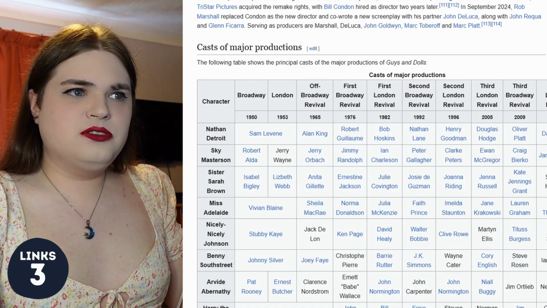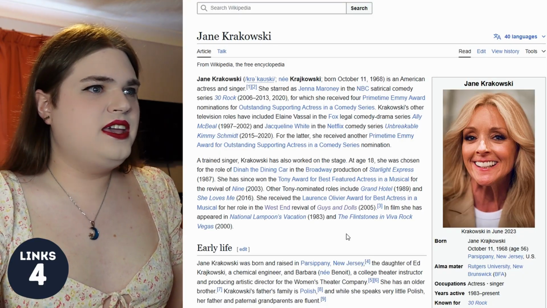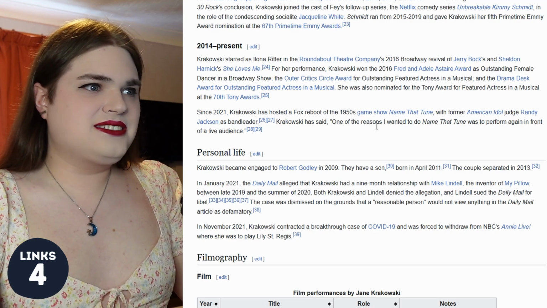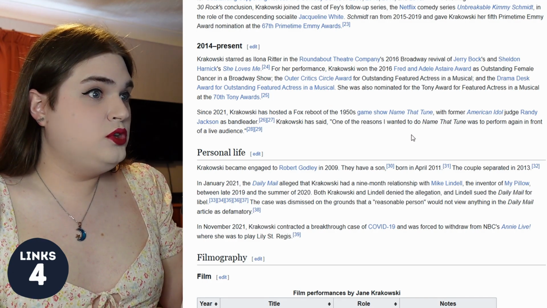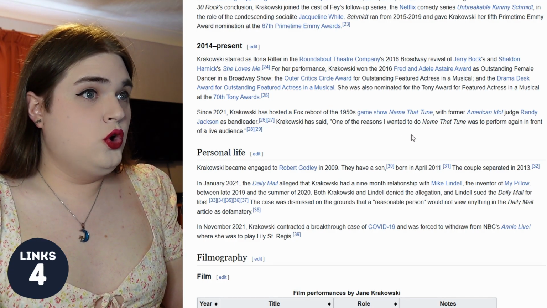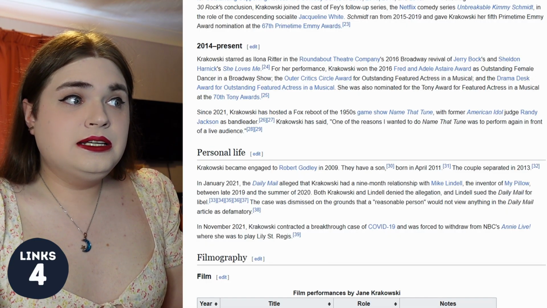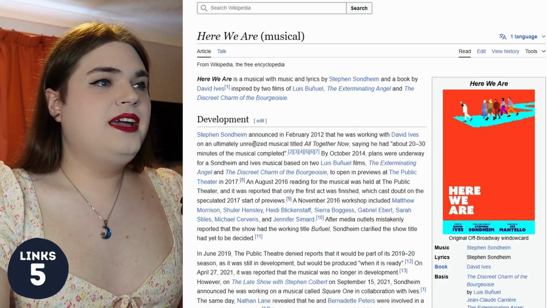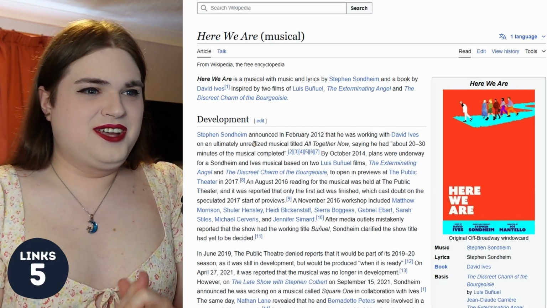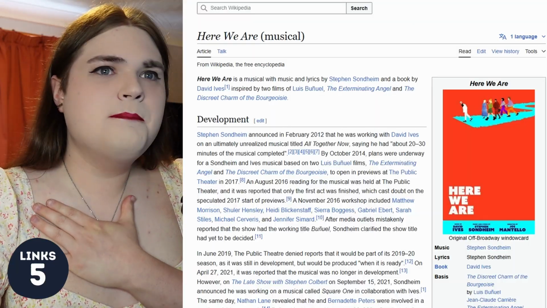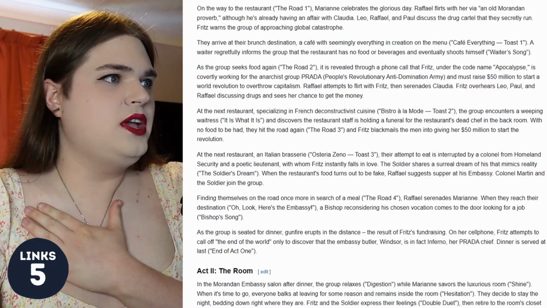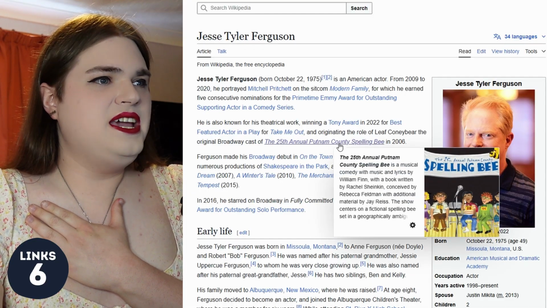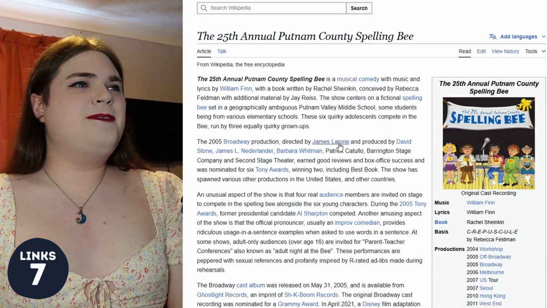Where are you, Miss Krakowski? Jane Krakowski. Okay, please be updated enough that you have Here We Are on here, because you did it off Broadway, so maybe theatre. Here we are. Okay, this has been a long tangent to get here, but we can now go down to Here We Are, to casts, and we have Jesse Tyler Ferguson, who was in the original cast of 25th Annual Putnam County Spelling